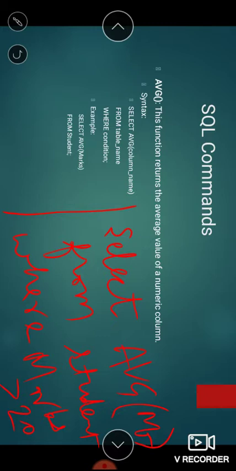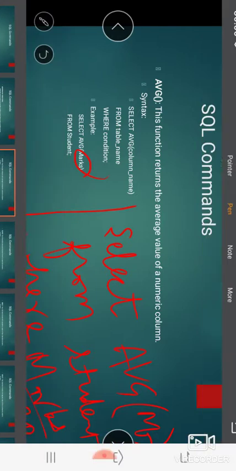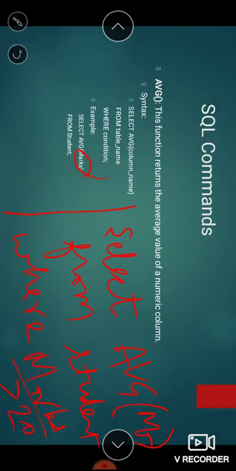It's not compulsory that whichever attribute you are specifying in this field, the condition should be applied on that only. You can apply the condition on any attribute or any field value, and it will simply give you the average of marks for which that condition is true.